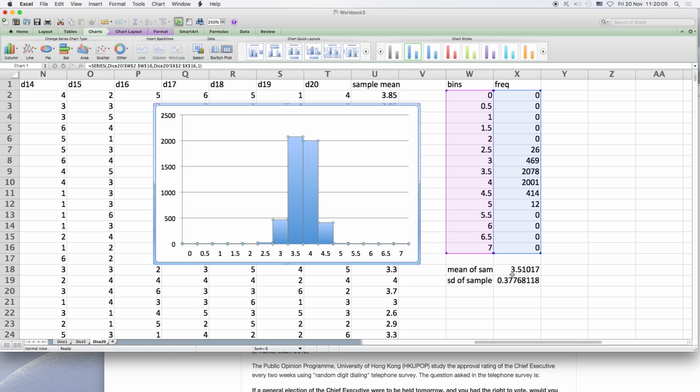So what we can see here is that, again, the histogram still looks fairly normally distributed, but the spread of the data reduces, so it becomes sharper, the peak. And the means of sample mean is 3.5. The standard deviation reduces. So actually it reduces as a function of